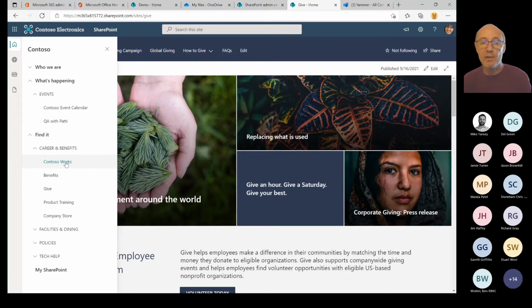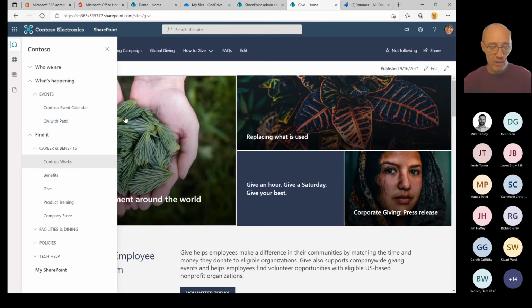So I can navigate around. I've got those all available to me. Now, what's interesting about the global nav bar is you can target links. So different people can see different links depending on who they are and their role within the organization. So in my case, you can see here under events, I've got 2 links, an event calendar and a Q&A session with the CEO. But if I contrast this with one of my other users